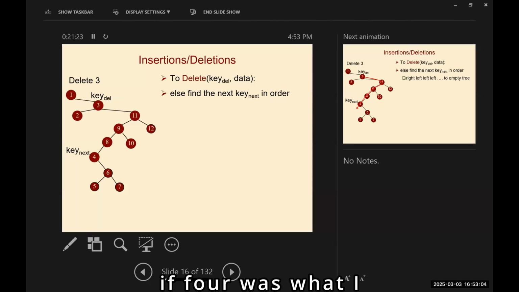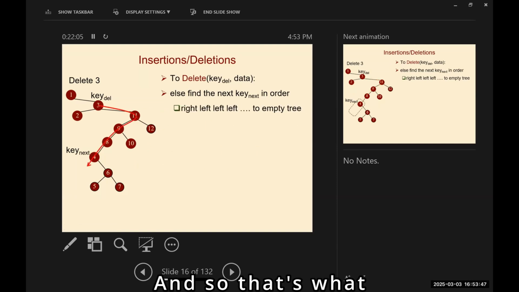How would I delete, if 4 was what I wanted to delete? Exactly. He's right, right? Why was the deleting easier before? Was because you only had one child, right? And 4, why does 4 only have one child? It's because we went left till we got stuck, right? So kind of by how we found 4, we know that 4 doesn't have a left child, right? And hence, we know how to delete 4,